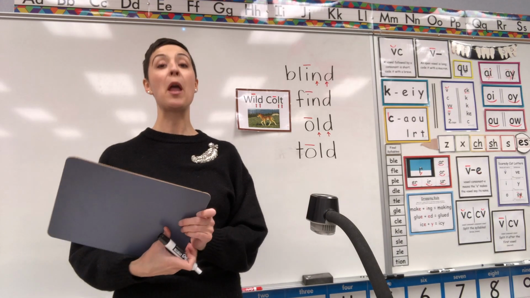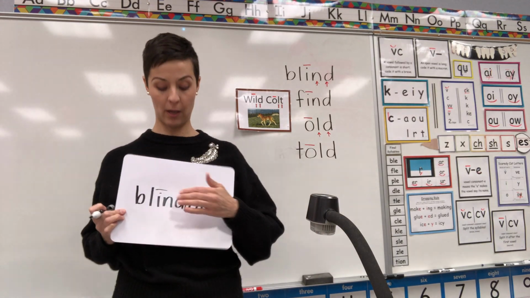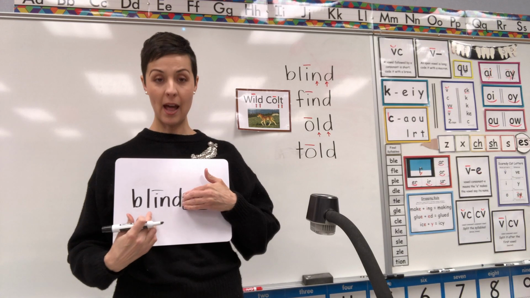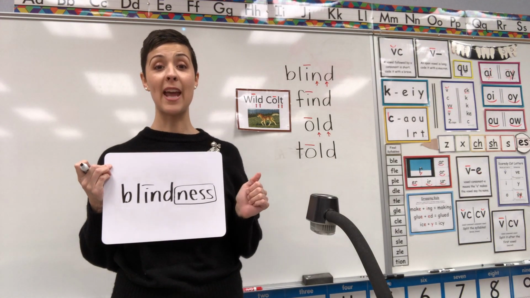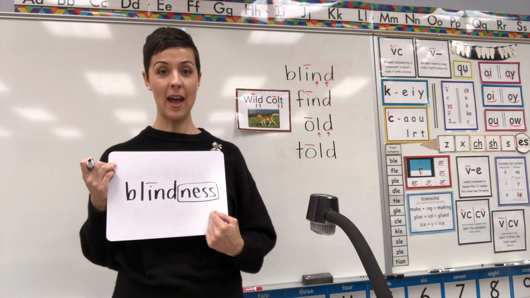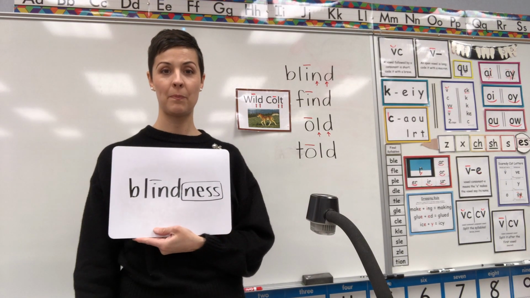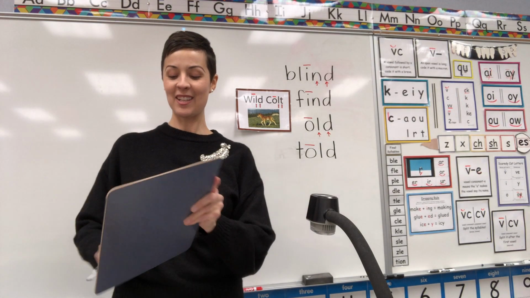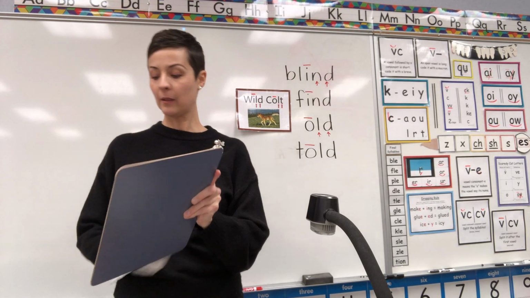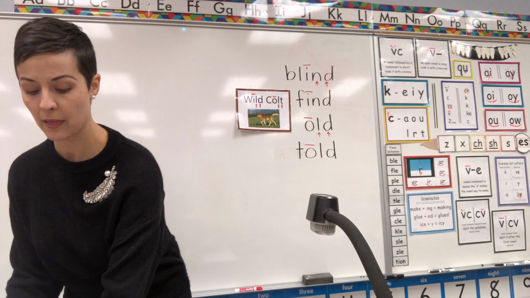And let's check it. Blindness should be spelled root word B-L-I-N-D, blind, with a suffix ness, N-E-S-S, blindness. So you can either fix it or erase, erase. And let's keep going. You know what? Let's go